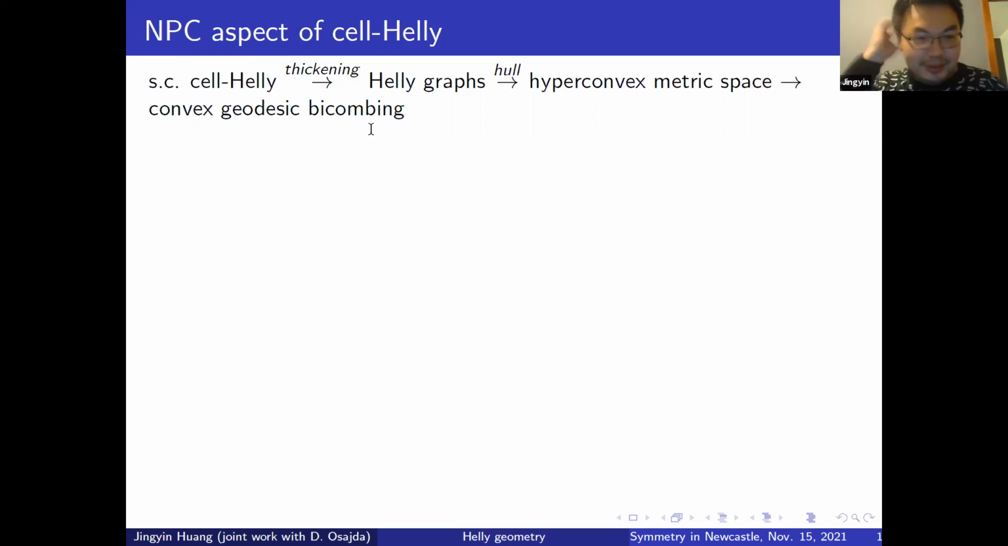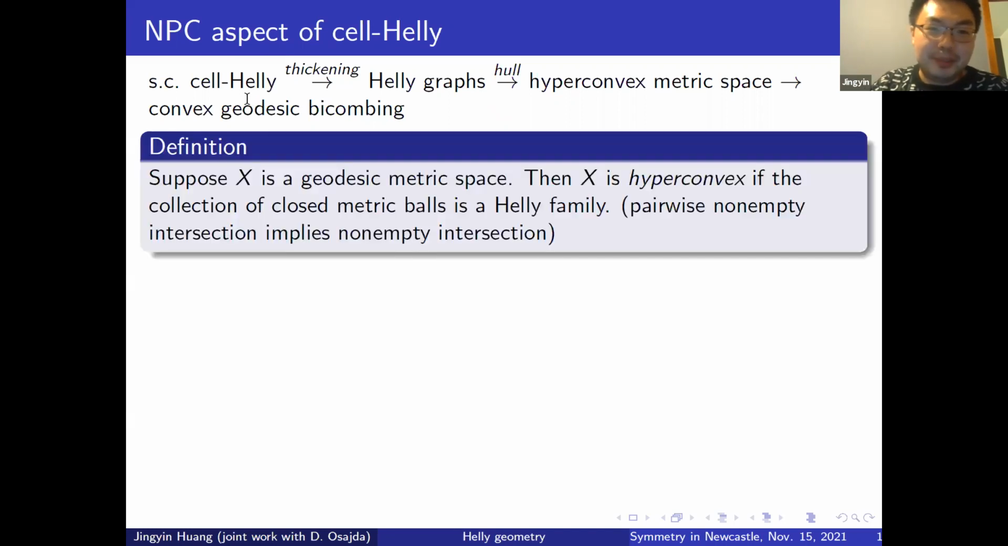Now this passes through several stages, so I'm going to explain now. To summarize, we want to go from local to global, and we also want to go from combinatorial to a continuous setting. Okay, so the first is I'm going to explain this process of thickening. To thicken to a Helly graph, I need to explain what a Helly graph is. So first, I want to